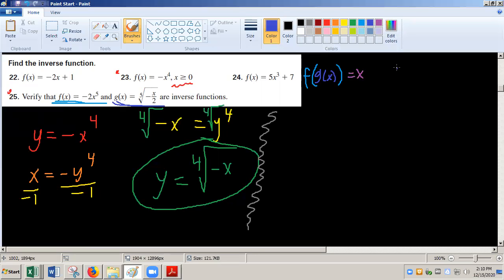And I also want to show that g of f of x is equal to x. So that's the goal that I'm trying to do. If I'm able to do that, then they are inverses of each other. If I can't, then they're not. So let's do f of g of x first. So this is going to look like